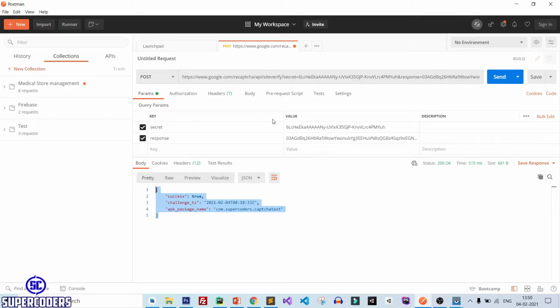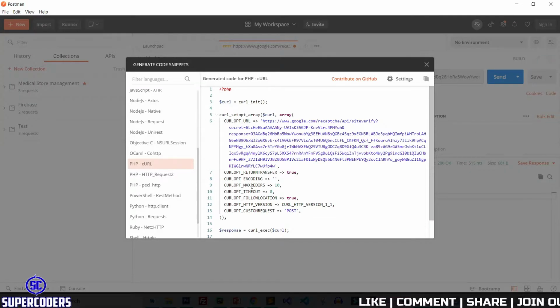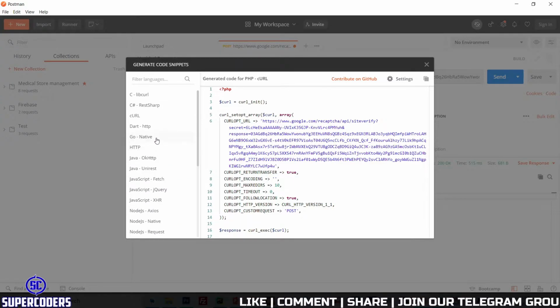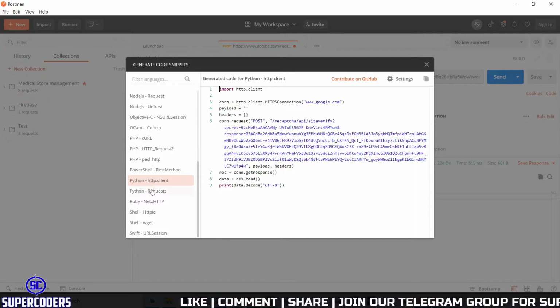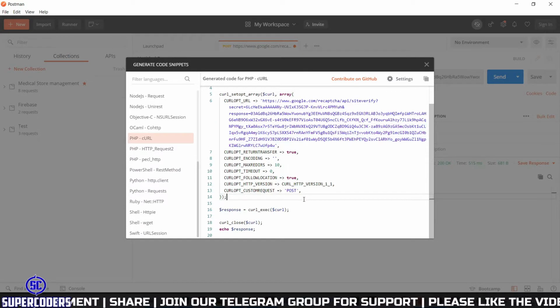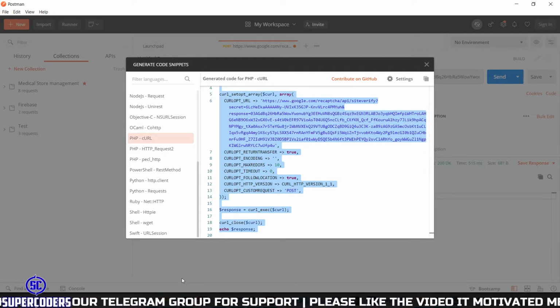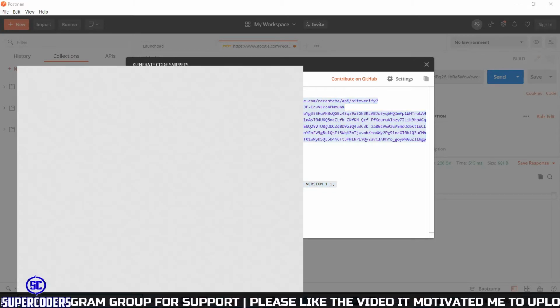So you need to implement this code in our server side to verify captcha token, means our captcha is valid or not. After that let's see how you can work on server. So here simply click on code and here you can see there are lots of methods how you can implement on different types of platform like PHP, Python. So which one you want to implement. So for testing I am using PHP curl to implement on PHP server. So just copy this code